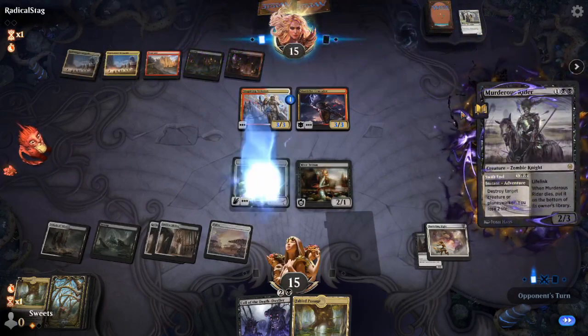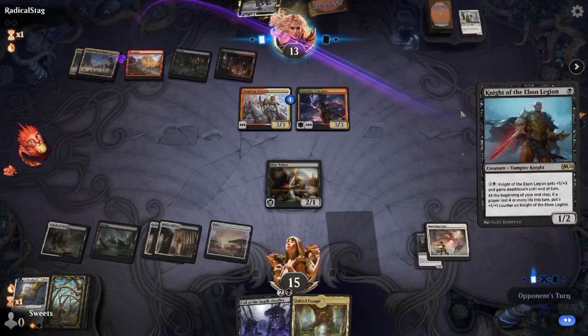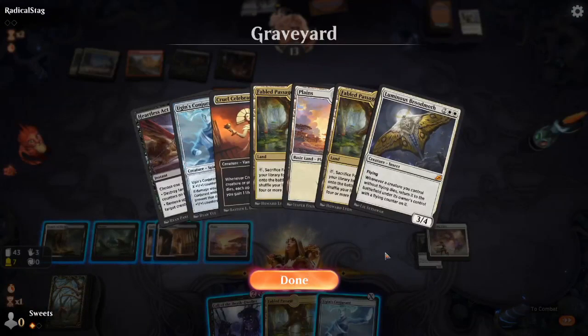Alright, they had the Murder Strider. That's pretty rough. And Knight of the Even Legion. Alright. Alright. They do get to hit us with a Stormfist Crusader. Oh, they decide not to. Interesting. Let's see, do we have...